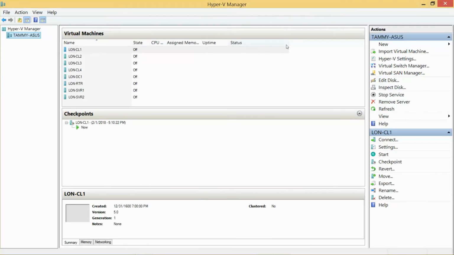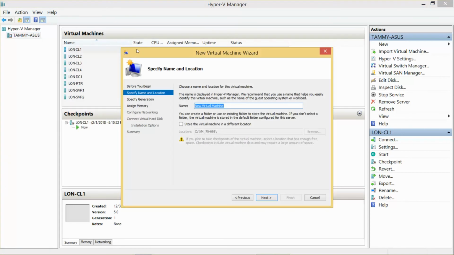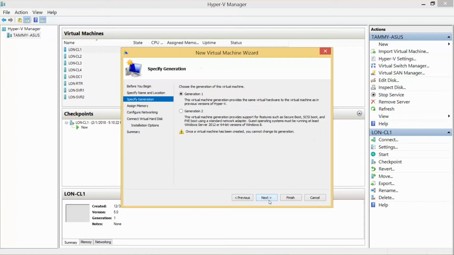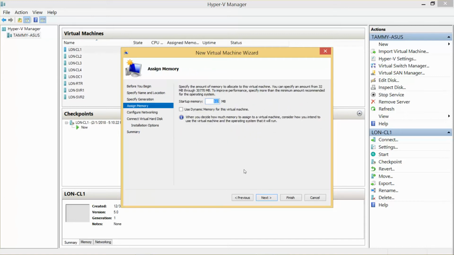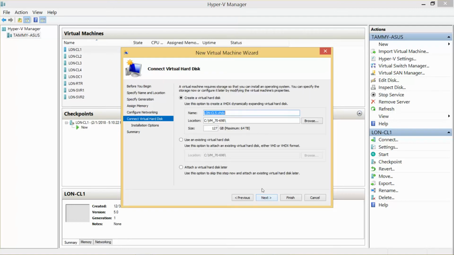So we're going to go ahead and minimize this, and we are going to right click, new virtual machine, lon-cl5, and then next. 2048, use dynamic, next, go ahead and do private network 1, next, this is going to be 60,